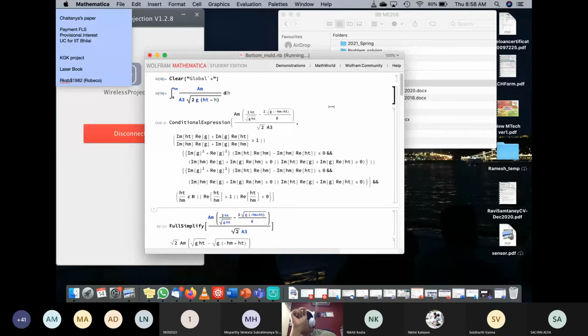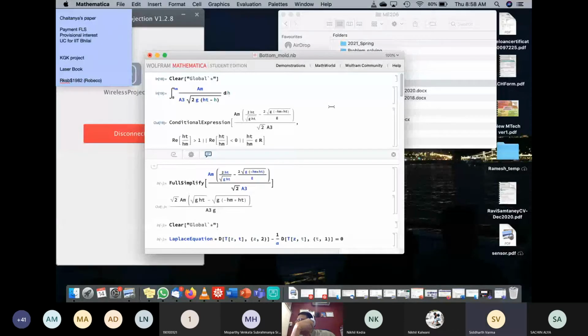Why is the pressure at point 3 equal to P atm? Because this entire mold is aspirated, right? It's open to atmospheric pressure. It's a permeable mold, so it's open to atmospheric pressure in some form. That's why the pressure is atmospheric everywhere. In the same manner, the pressure at point 4 will be the atmospheric pressure.